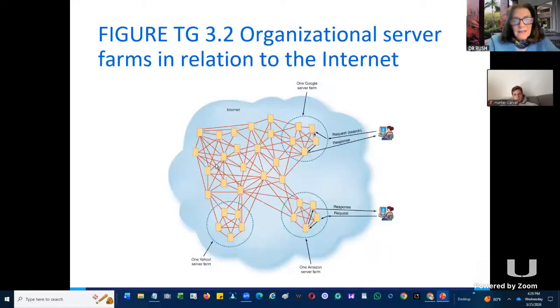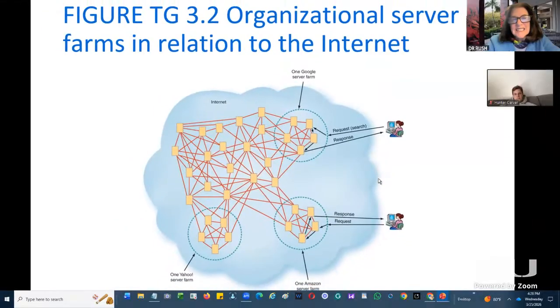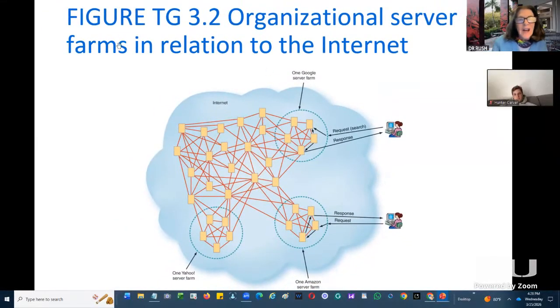So basically, this is how it looks: I have all these server farms, and where are they located? How do I gain access to it? Through the internet. You know that, right? How did you get on this call today? You had to have internet access, right? And Zoom, let's say, could have some space on Google. Do we know where it is? No. Do we care where it is? No. Zoom then has cloud computing.